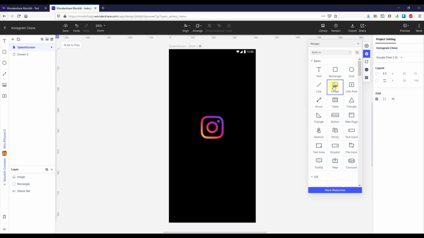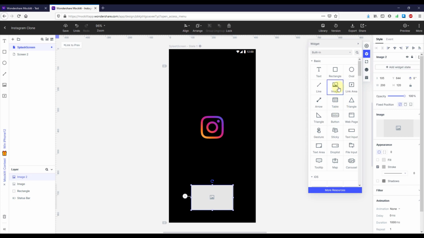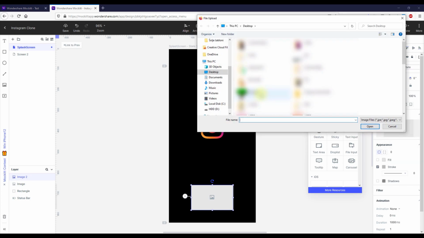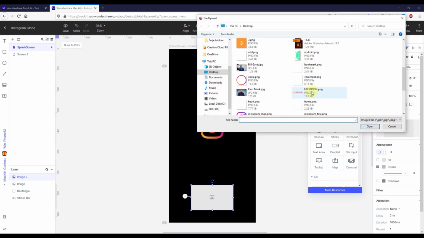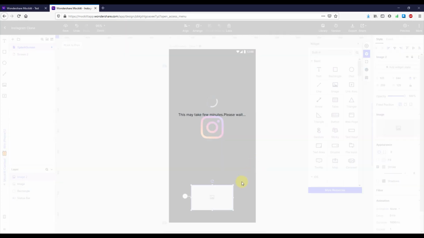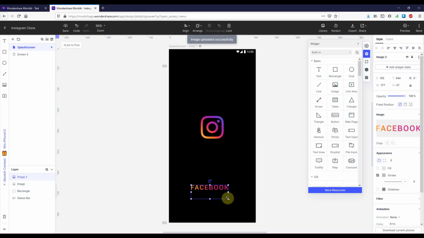And next I'm going to add 2 more images which I have already prepared. So just drag and drop this image component, and let's upload our own image. So here I'm going to choose this Facebook. So I have already prepared this image, so I'm going to reduce its size a little bit. Okay, so for example like that, and I'm going to set that on the center of our screen down below,